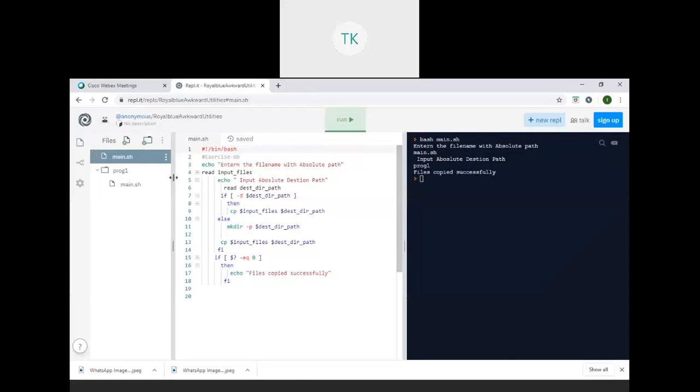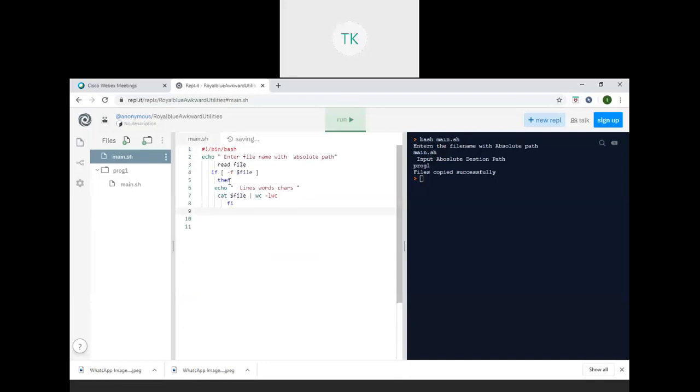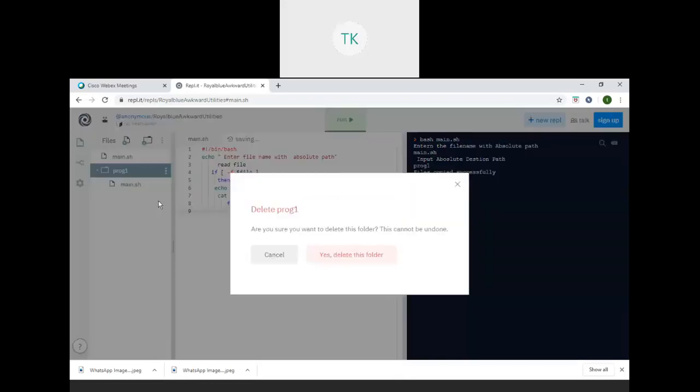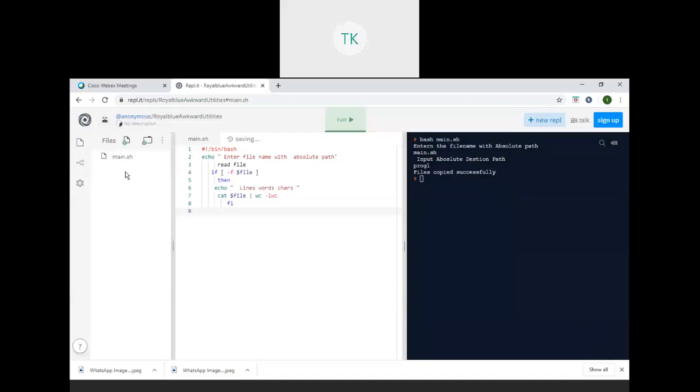So I will see one more shell script here. I'm removing this directory. So the directory and both the files are removed.